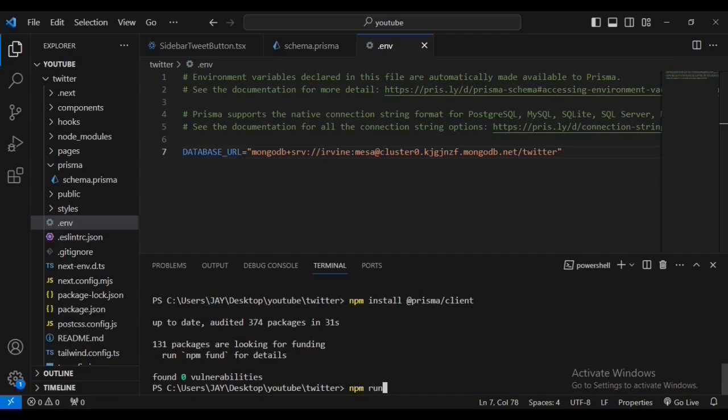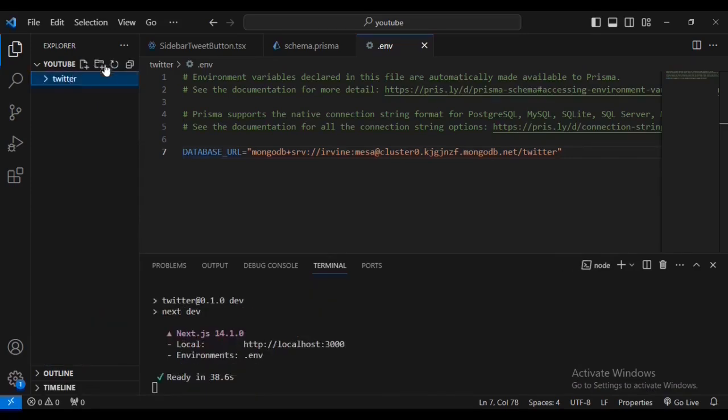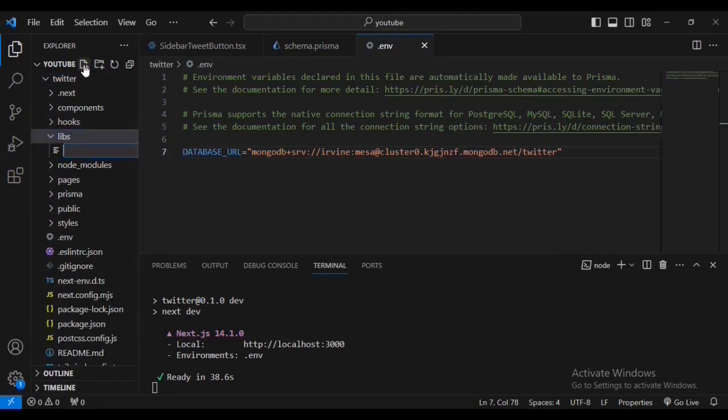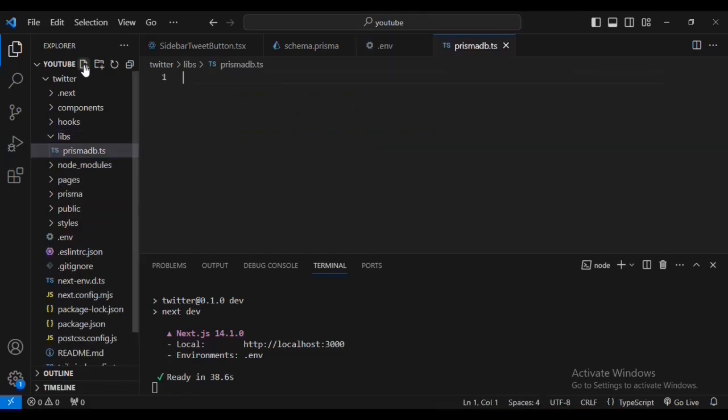Remember, the changes that we've applied are too many. Now let's create a folder called libs. I'm going to add a file called prismadb.ts. So inside this file called prismadb.ts,